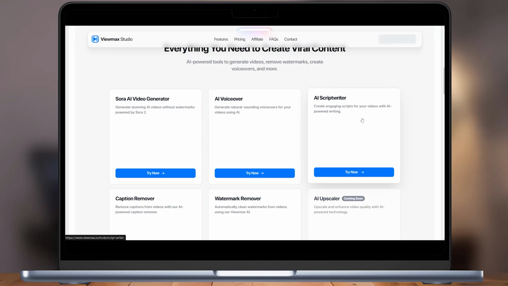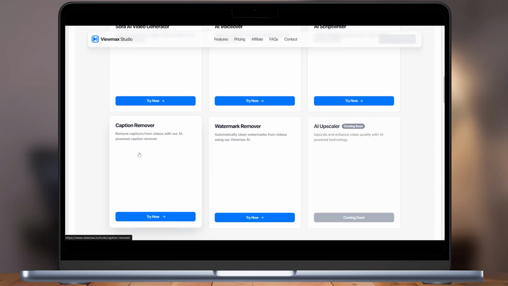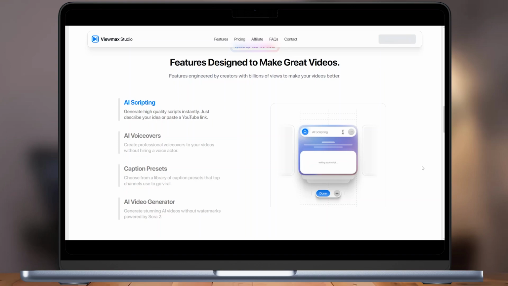The Sora AI video generator is at the heart of Viewmax.io. With it, you can create high-quality videos quickly and efficiently. Whether you want short clips for social media, promotional content, or longer informational videos, Sora generates footage based on your prompts, helping bring your ideas to life in minutes. The AI applies smart visual choices automatically, so you don't need extensive knowledge of camera angles, transitions, or motion graphics